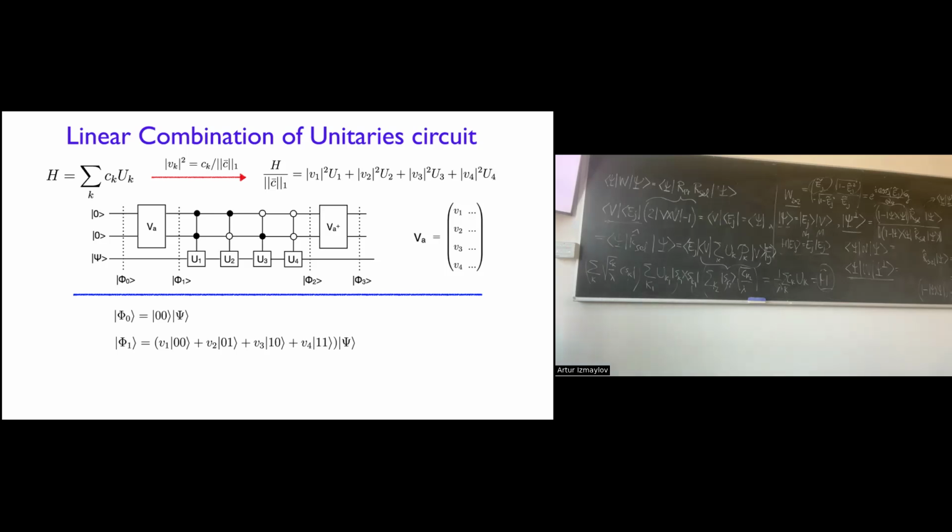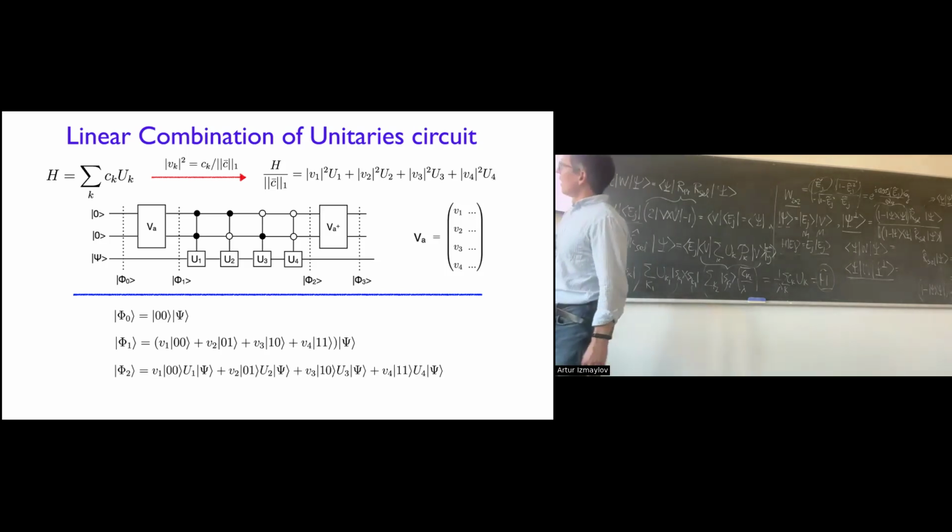So you could see that initially you maybe start with not the same psi that we started. It's a simple state where we have ancilla qubits in zeros. Then we apply the V, so we're creating this V vector, and this is still on target state. After this, controlled unitaries: the black dots mean the unitaries are applied if there are zeros on the ancilla, and empty